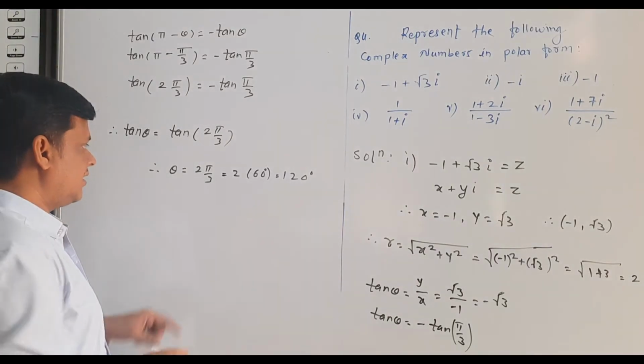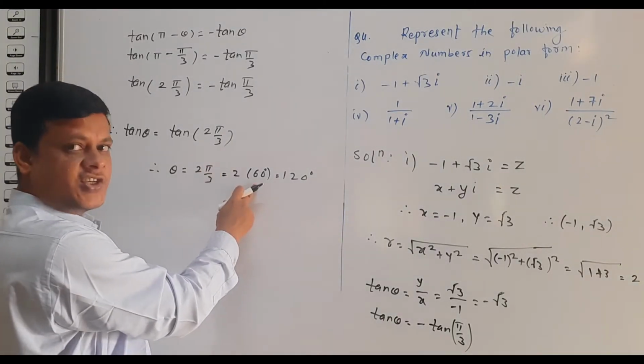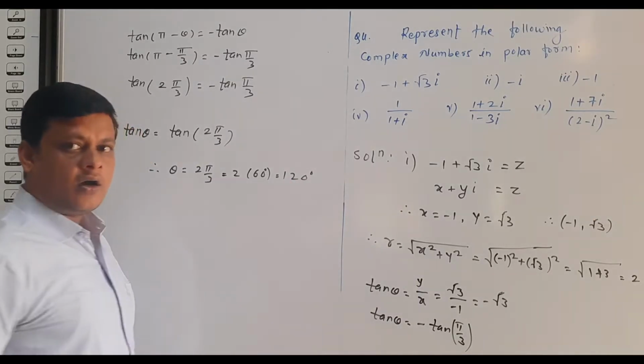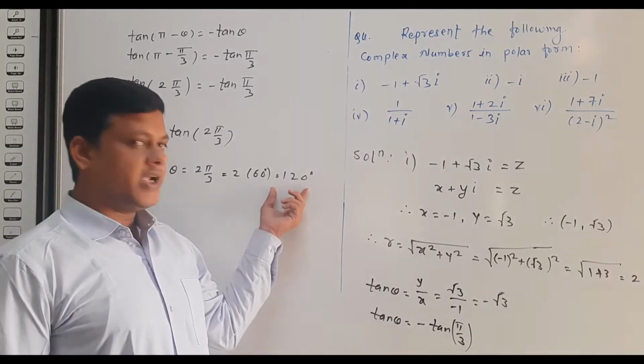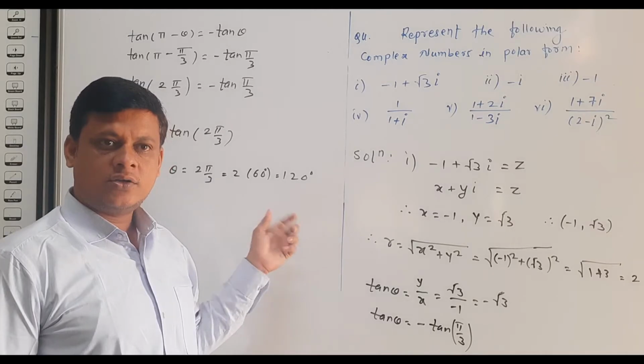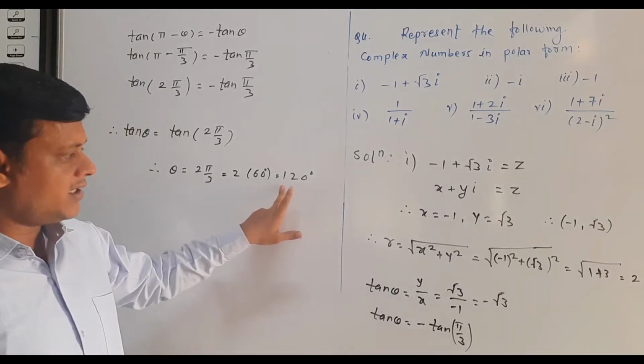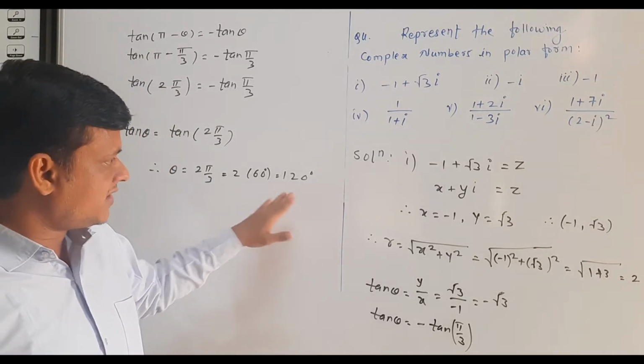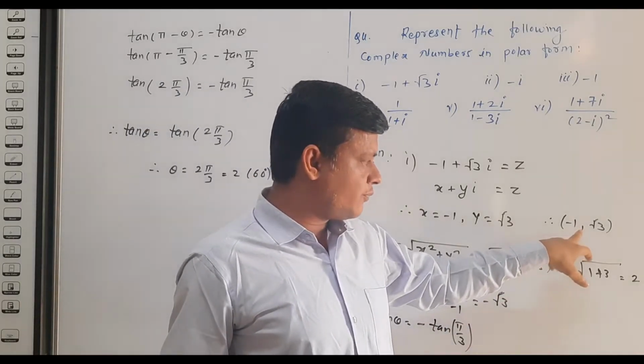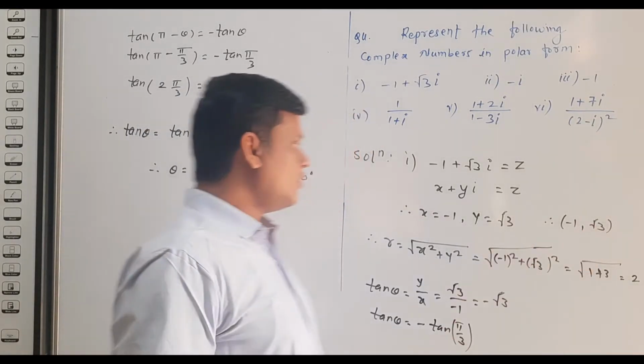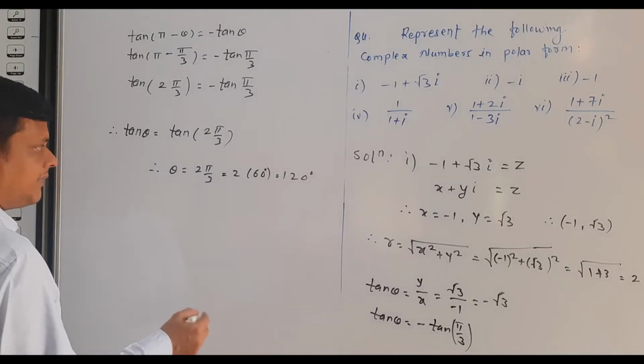So we write here this pi by 3 as 60. So 2 into 60 we get 120. That means this 120 lies in the second quadrant. So our calculated angle satisfies this condition because this point lies in the second quadrant. So if we draw a rough diagram here,